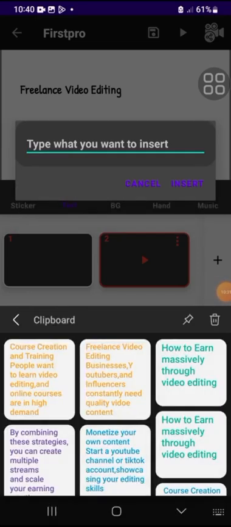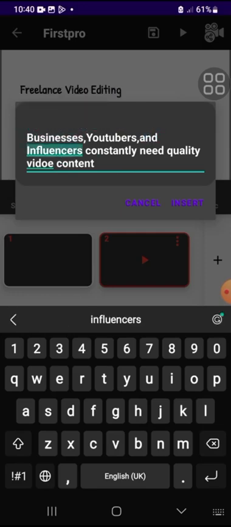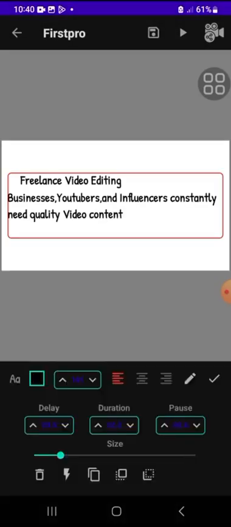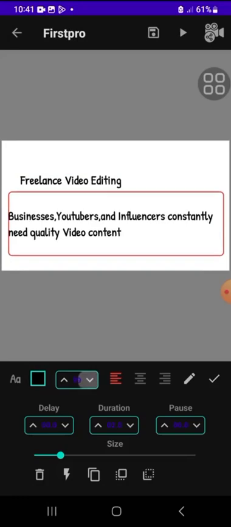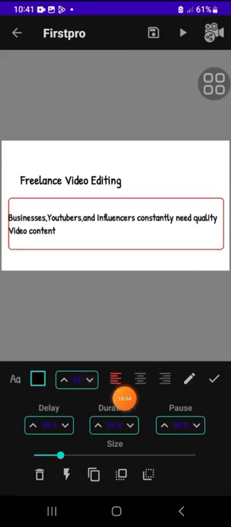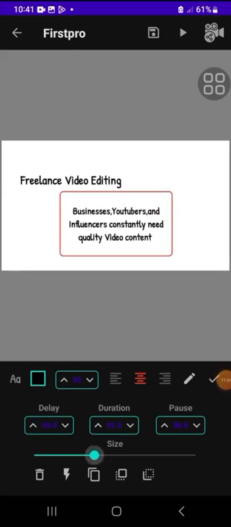Now the second slide is going to contain the one I copied from my Samsung Note. So I'm going to remove this. Let's click on it. Video. Okay, now this is the second text. Don't let this be bigger than the first. So you move it and use the margin. So we have left margin, center margin, and right margin. So I'm going to use the center margin and resize the